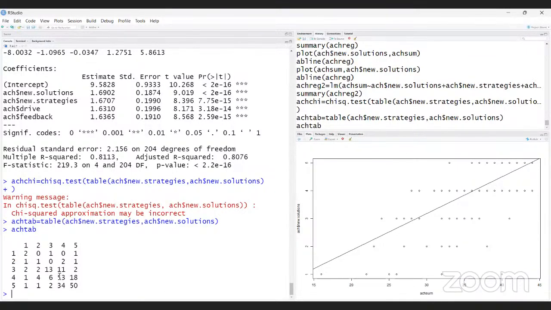That is the same frequency. And similarly here, 50 people prefer both category 5 for new strategy and new solution. Okay. This is clear?